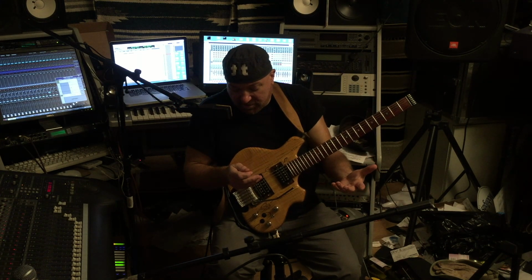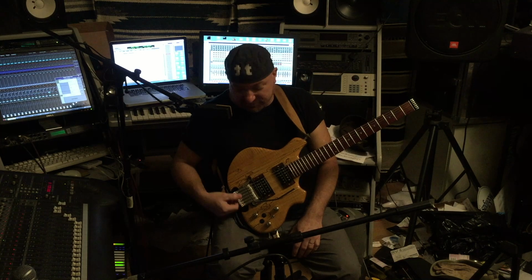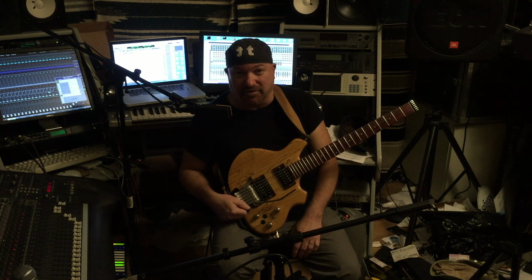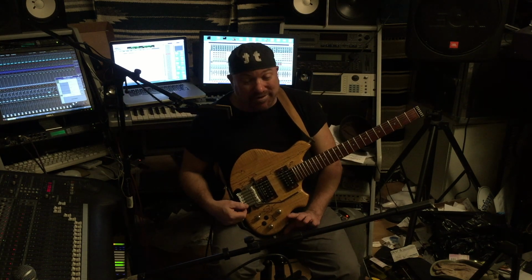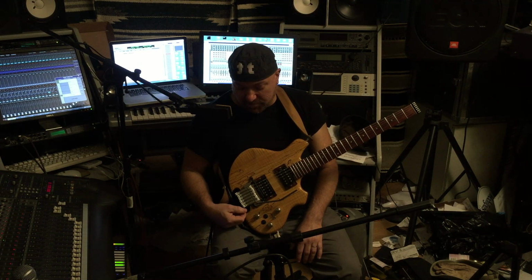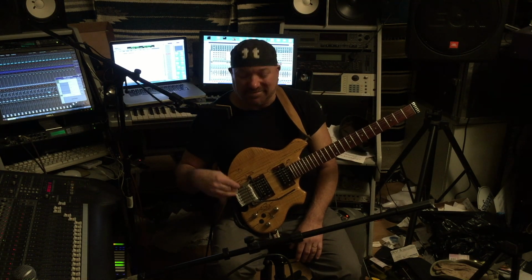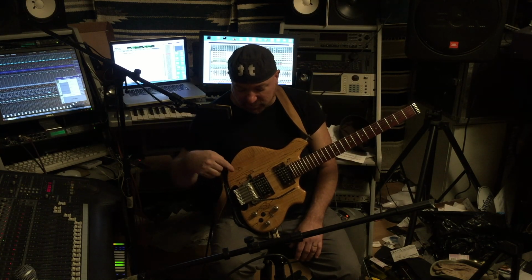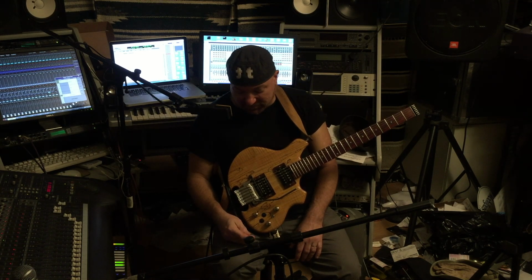But as you can see, as headless guitars have, the full range tuners down here, and they feel ridiculous. The simplicity of this thing, combined with the precision of it, man, it just makes it